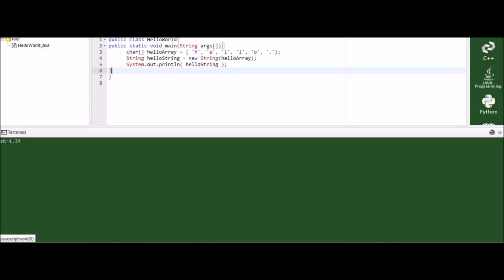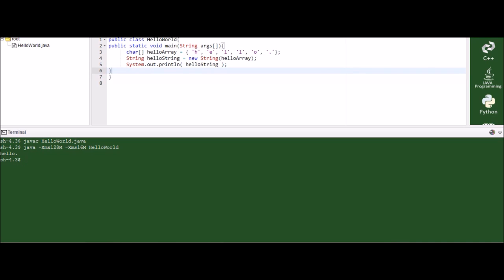Let us compile this program. So this is how a string works.